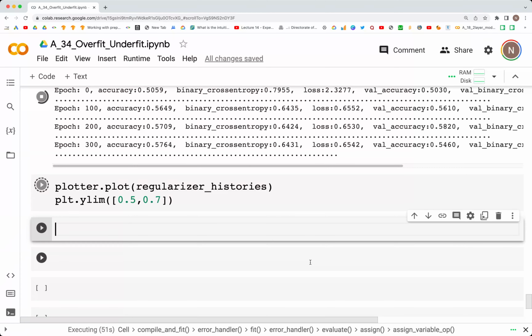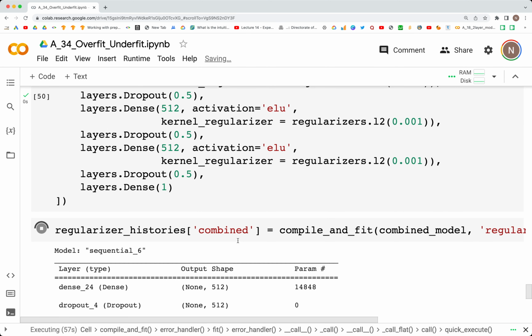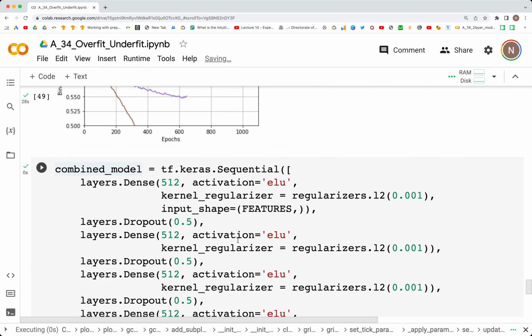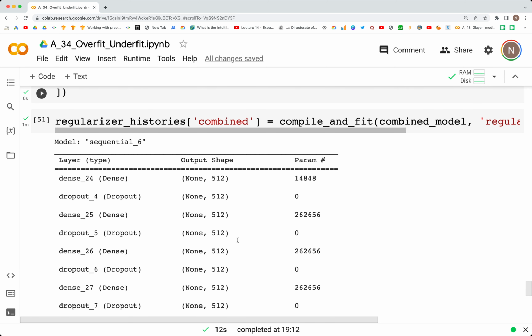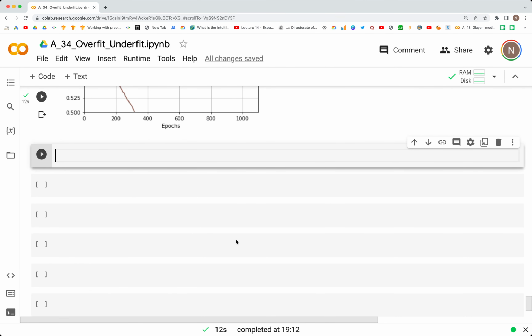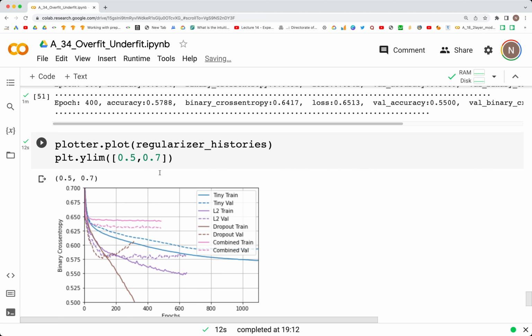So 400 epochs. Let's see how many epochs did it take to run the earlier model. I think it went up to what, 600. It stopped at 300. So that stopped at 300. This might stop at somewhere around there. Okay, so it stopped at around somewhere above 400, and we can see that in this case,